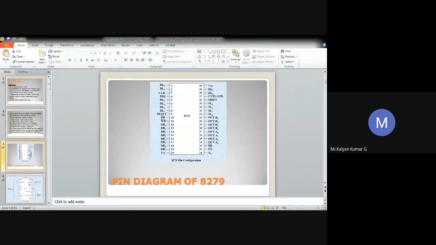So you can have a look at the pin diagram. Usually, the 8279 is a 40-pin dual inline package, same as your 8086. We'll see the function of each and every pin in detail. First, we'll start with